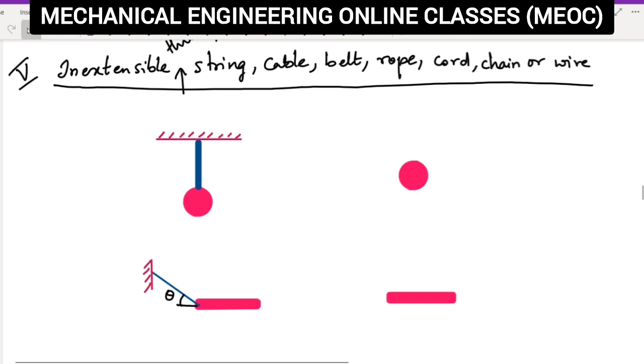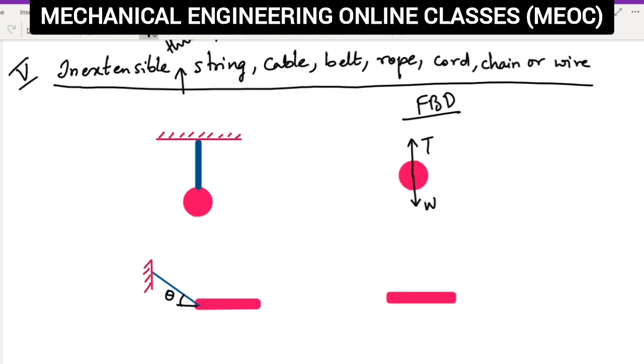So here there is a pink object, a ball or a disc or whatever. It is attached to a blue thread or string or cable. Now if we want to draw its FBD, there is a weight force acting vertically downward, and along this thread, at one end of this thread is our weight hanging. So there is a pull force, and that pull force is, say, tension here.